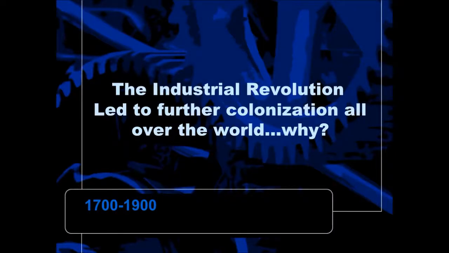We're going to talk about the Industrial Revolution in this unit, and it's rather long because it is complicated. All those changes that we've talked about up into this time period culminate here. So the 1700s to the 1900s is when the Industrial Revolution is at its peak in Europe, and it's going to have all kinds of effects across the world. So it becomes very, very complicated, but I'm going to do my best to explain it in a way that you can understand, hopefully. We'll get through it together.